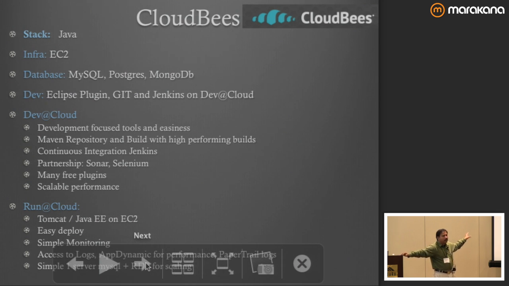Another thing that is very unique, they have two kinds of separate clouds. One is the dev cloud and the other is the run cloud. And if you look at the dev cloud, it pretty much covers the full development cycle. It has source code control like Git. It has a build, that is Maven. It has continuous integration with Jenkins. It has Sonar for test coverage. It has Selenium for testing purposes. So if you think about Java testing and Java development, all the major tools that we use,